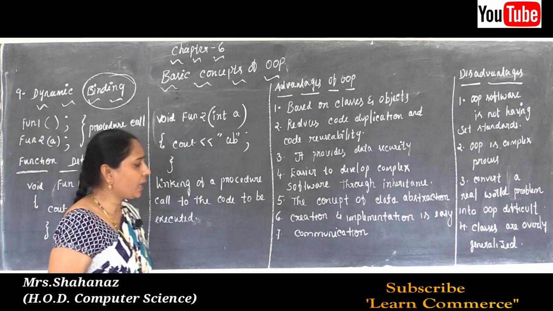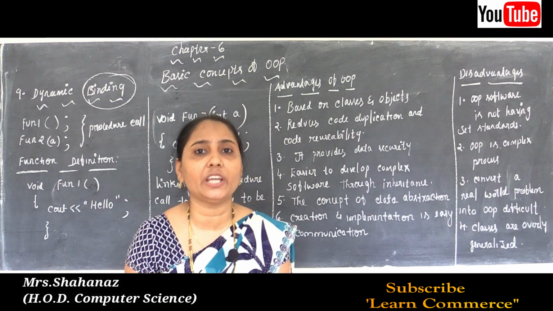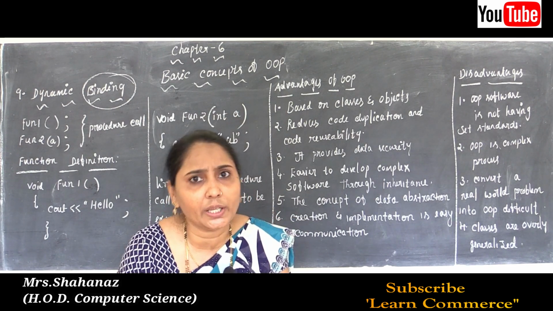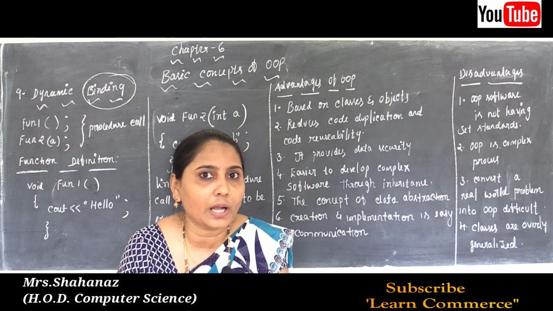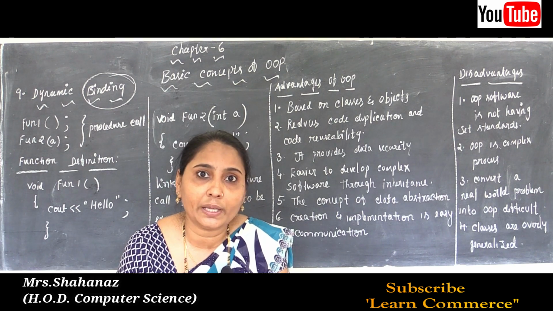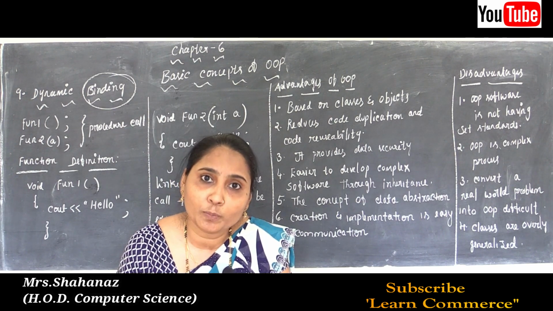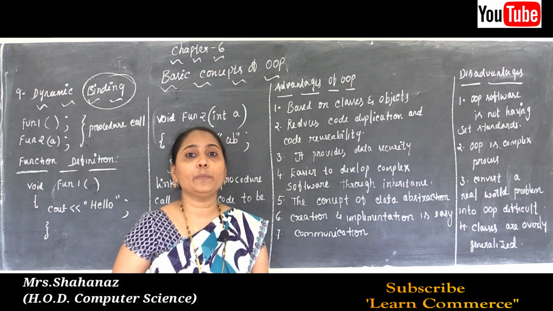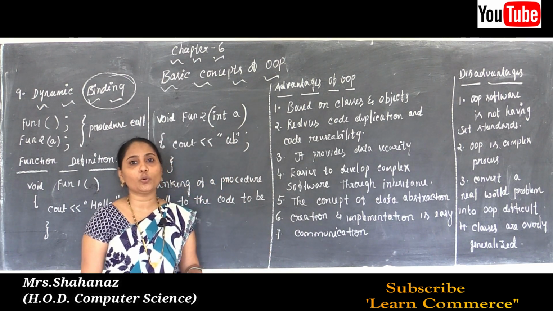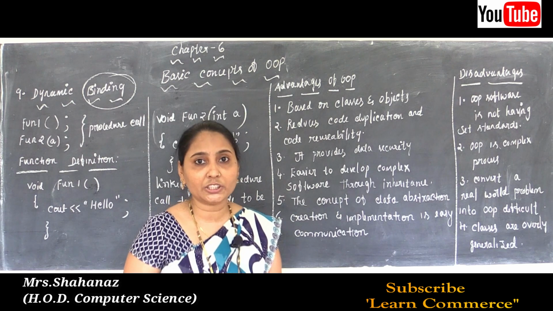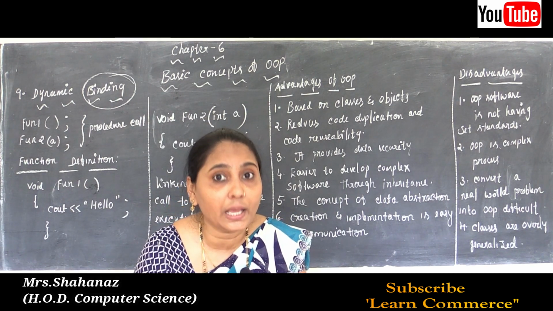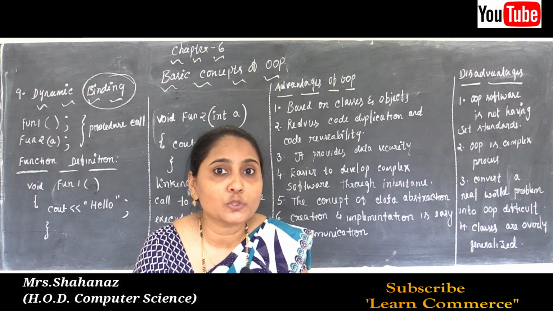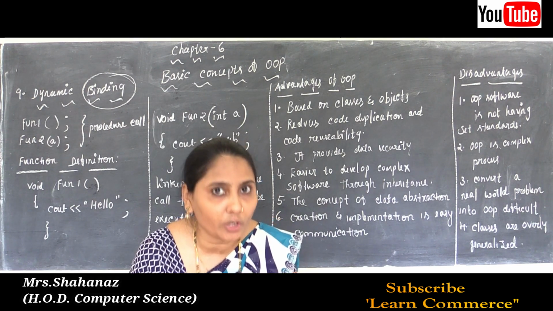And finally, the last advantage we can say is communication. Why? Because without communication, is it possible to build the program, to execute the program? No, we can't say that. We are not going to design or execute the program without making any communication between the objects. So in object oriented programming, communication is possible. Why? Because objects interact to make the execution procedure call.